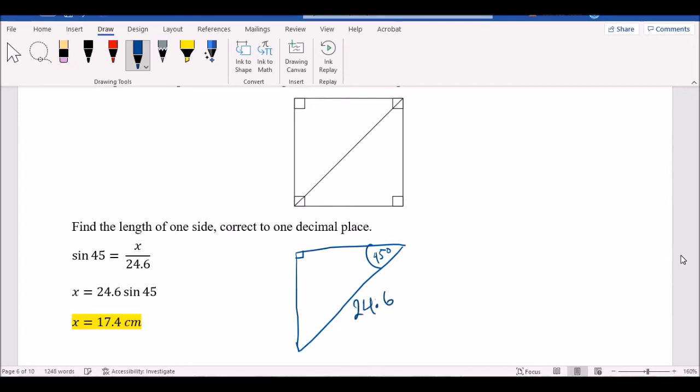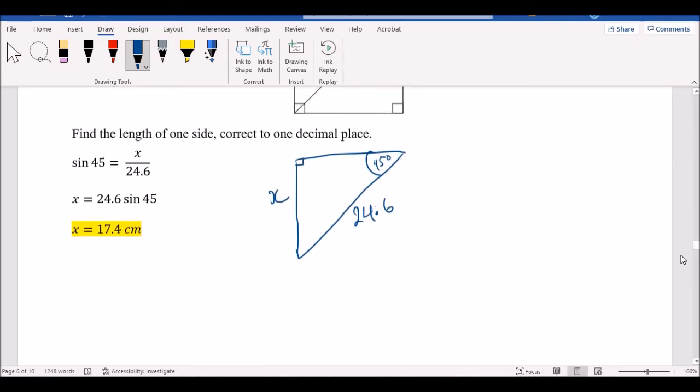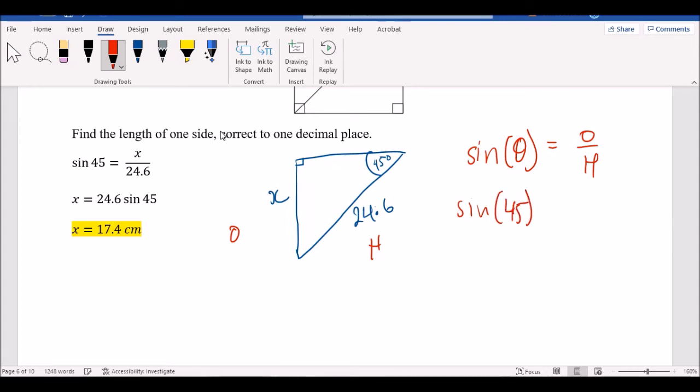And we're trying to look for one of these lengths. Okay, so basic trig ratio question. If there's my angle, that's my opposite, that's my hypotenuse. So I'm going to use my sine ratio. So sine of the angle is equal to O over H. In this case, the sine of 45 is equal to the opposite, which is X, over the H, which is